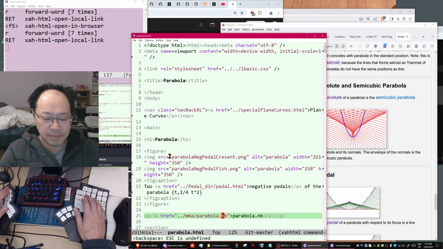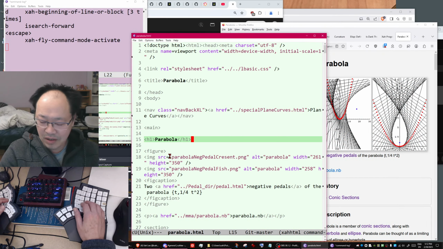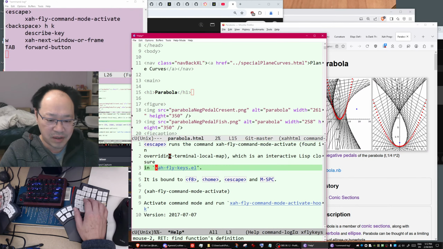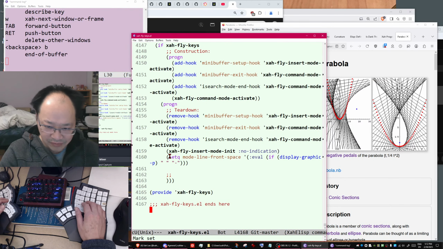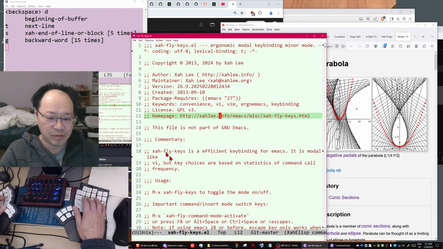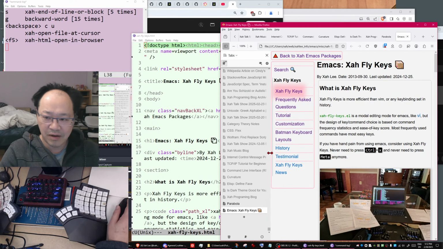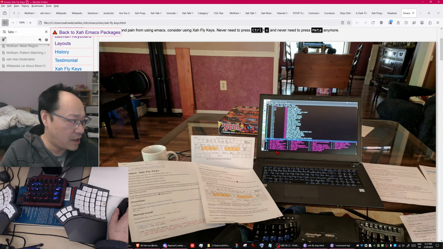Okay, let's just start. Open the parabola file. I'm in Emacs, of course, using XahLee's keys, the most advanced key binding system on Earth. This is the source code, 4,000 lines of code. Go to the top, and you go to this URL. This is the introduction, the most advanced, efficient key binding system on Earth, more efficient than Vim.